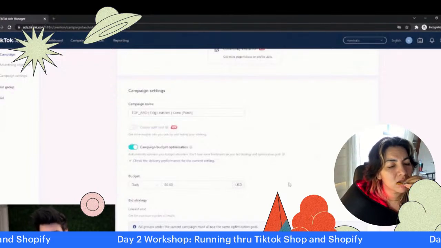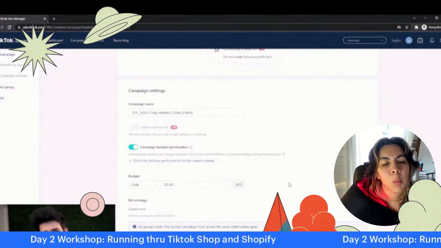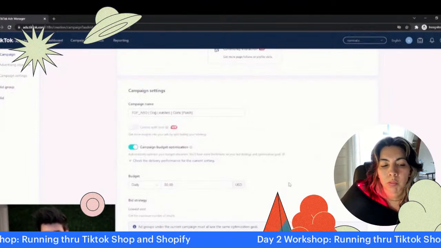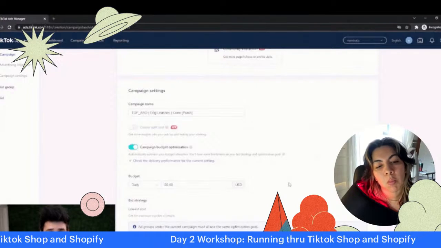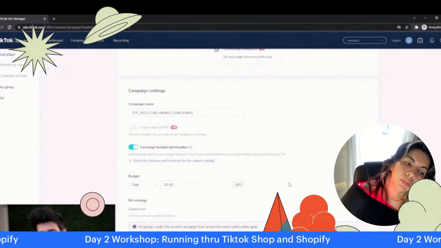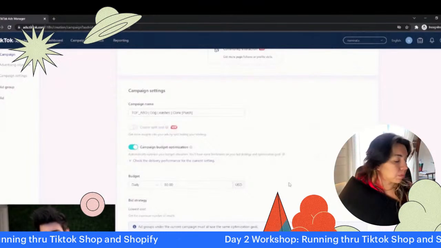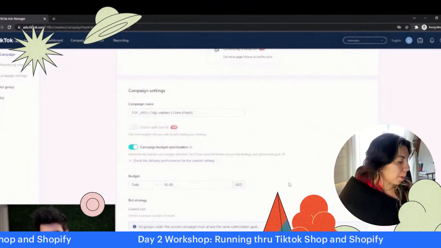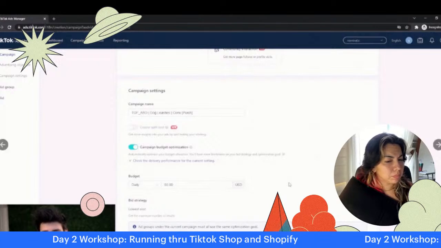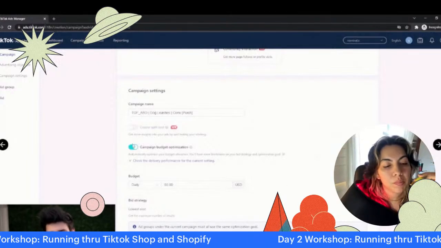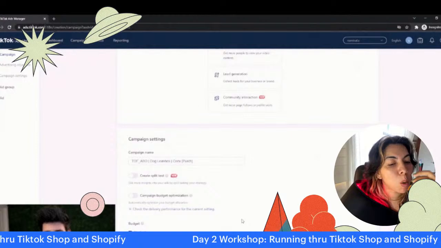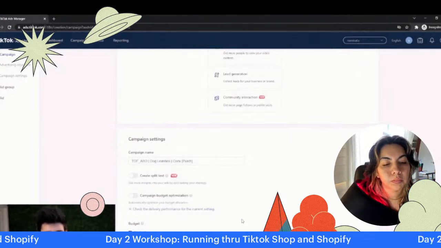So you're not going to be spending the same amount of money on every single ad group every day, which sometimes has its benefits, sometimes does not have its benefits. If you're doing some initial testing or testing some new strategies, and you want to make sure that each ad group is getting a certain amount of money, then I would typically stick to the ad set budget optimization,